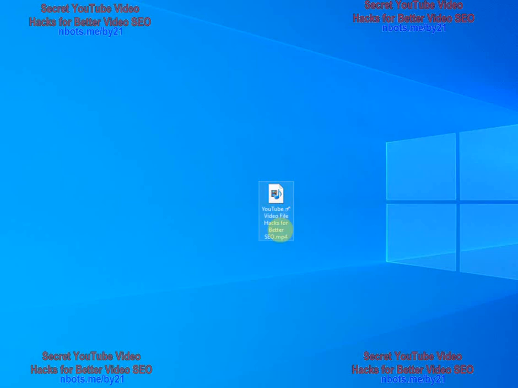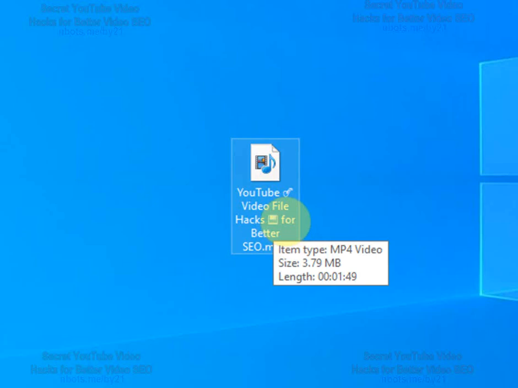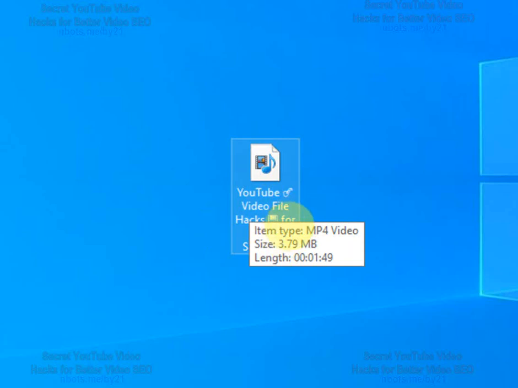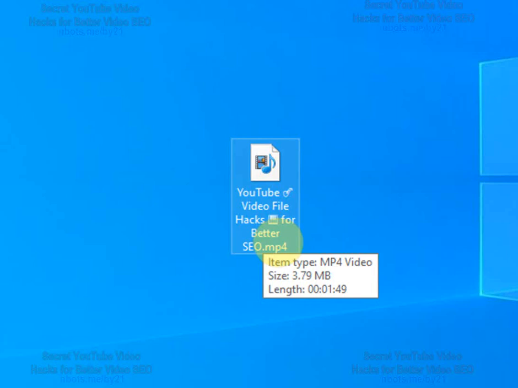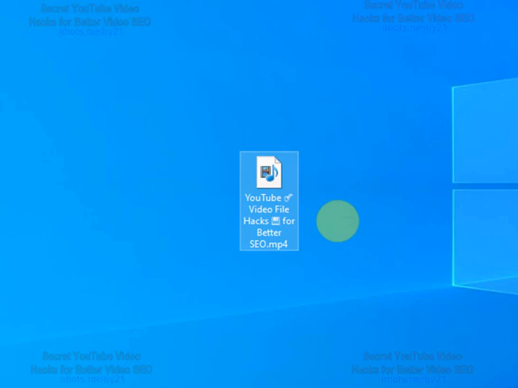Again, you want to use ASCII characters that are related to the words in the video title. See that right there, these few little tricks. First off, you're including the main keyword phrase in the video file name. You're uppercasing each of the letters. You're using spaces between each of the words. You're including a few ASCII characters. All these things improve the video's SEO as well as make it more attention getting on YouTube.